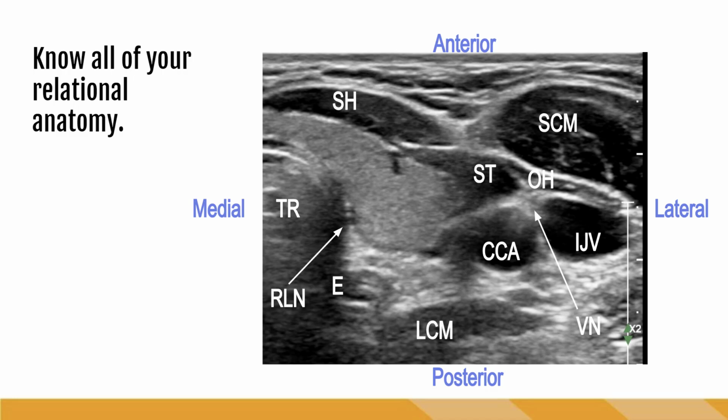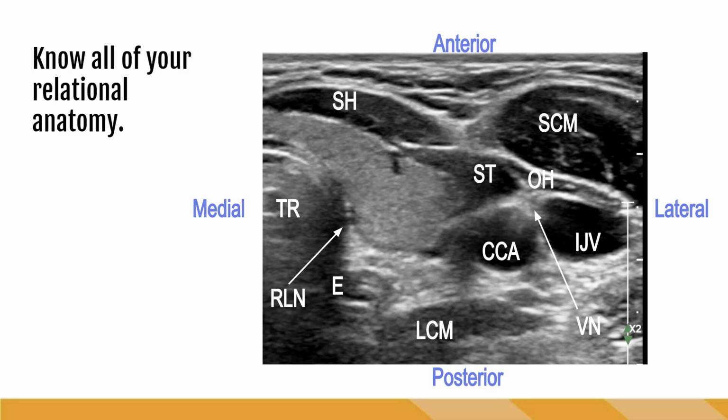the thyroid, not only to evaluate it for maybe some incidental findings, but also to be comfortable knowing that these more hypoechoic structures are just muscles, or that the esophagus exists on that medial portion. So knowing your relational anatomy is super, super important. And the left inferior thyroid image is probably the best opportunity for you to practice getting comfortable with that relational anatomy. So let's take a look at some of these structures a little bit more in detail and what they